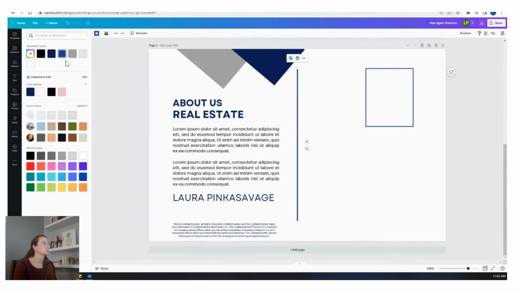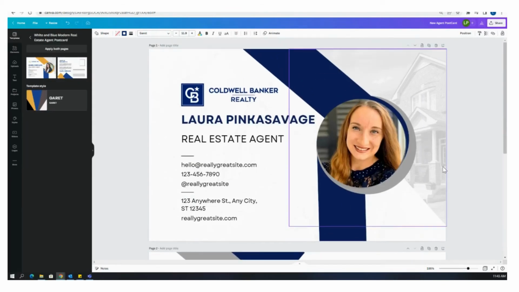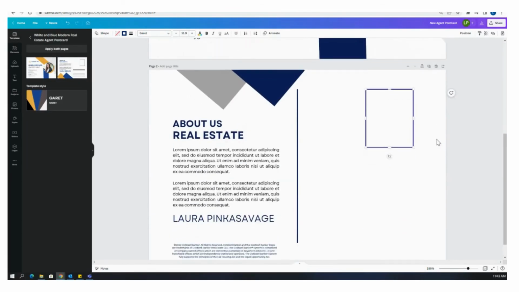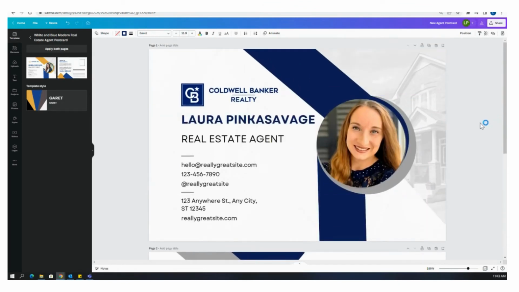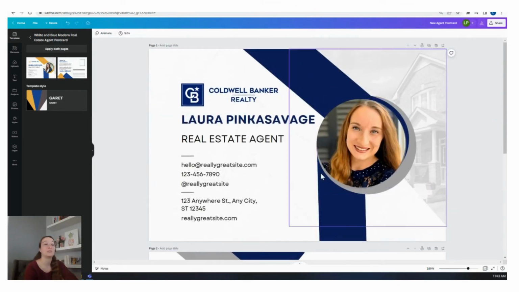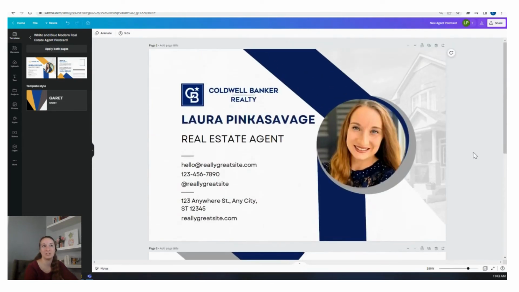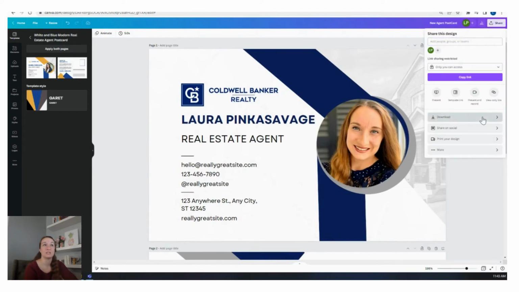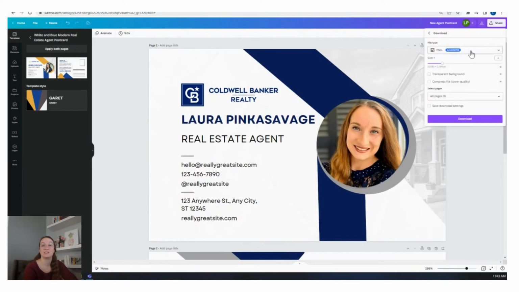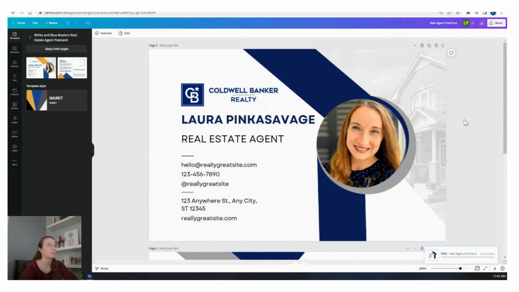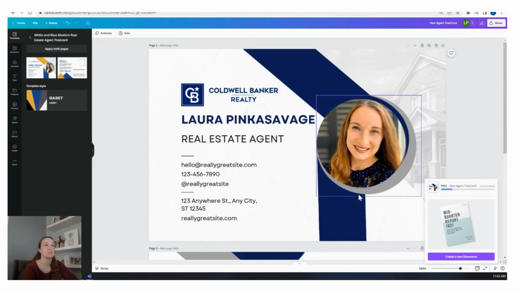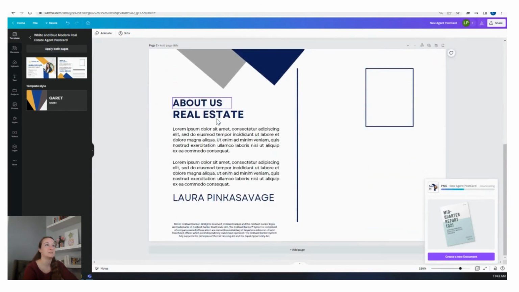I'm going to change this color and I'm going to change this color. And there we go. So pretty quickly we have our postcard created. Now the next step that we're going to have to do is download this as an artwork file. So an image file, either JPEG or PNG. PNG is going to be recommended. And if I go here to share, go to download, the PNG file is going to be the suggested file from Canva. So all I have to do is download, and it's going to download both of these images as